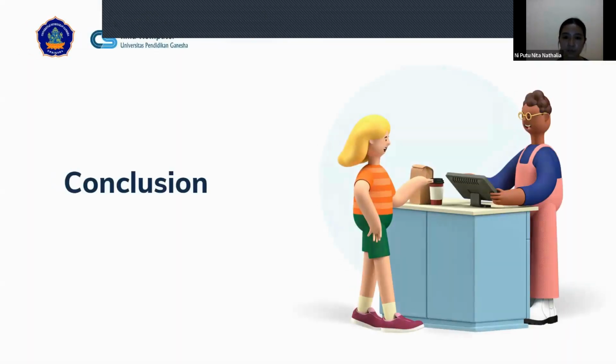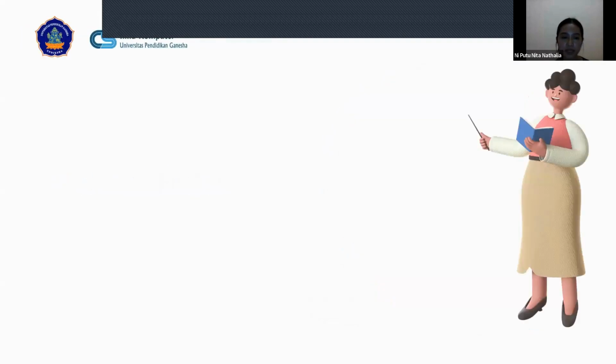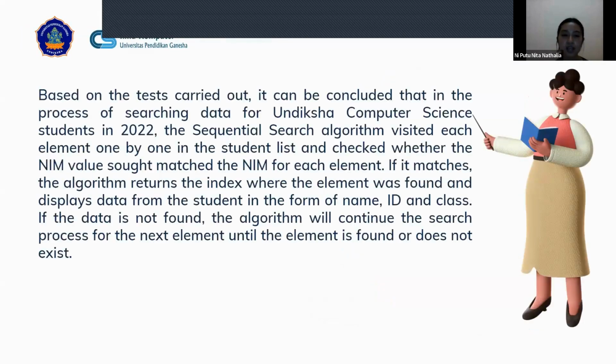The conclusion. Based on the tests carried out, it can be concluded that in the process of searching data for Undiksha computer science students in 2022, the sequential search algorithm visits each element one by one in the student list and checks whether the student ID or name value matches the searched value for each element. If it matches,